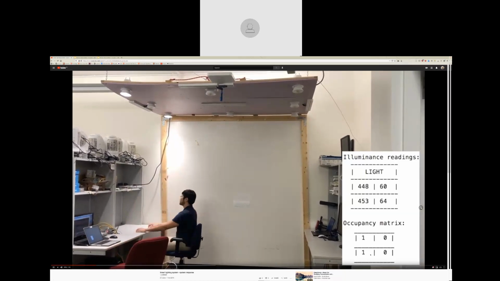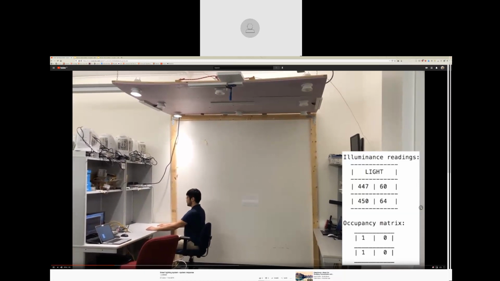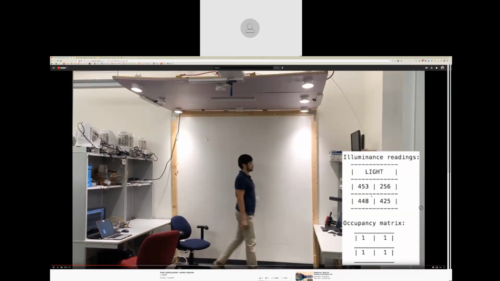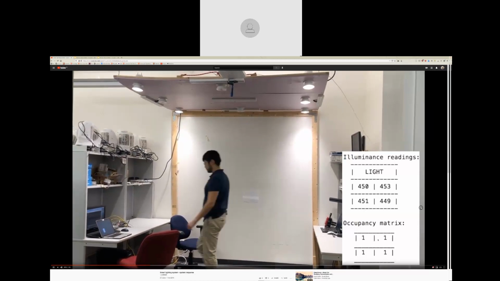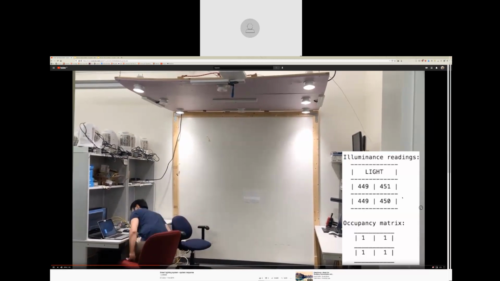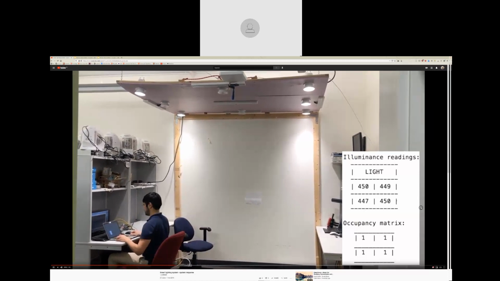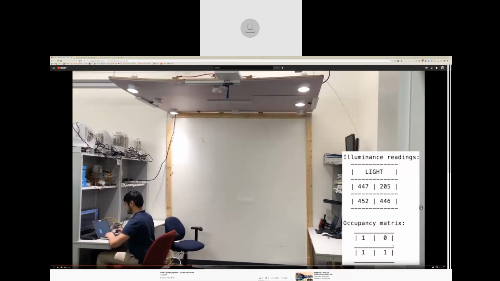And because he moved, you see 1, 1, and then the others are 0, 0. And what you see over here is the lighting level we want is 450 lux. And he's getting 450 lux at each of the places where he's sitting. And so as he moves around and the occupancy changes, the lighting level changes to match the 450 that he wants. And when he stops moving, what happens is the lights start dimming again.